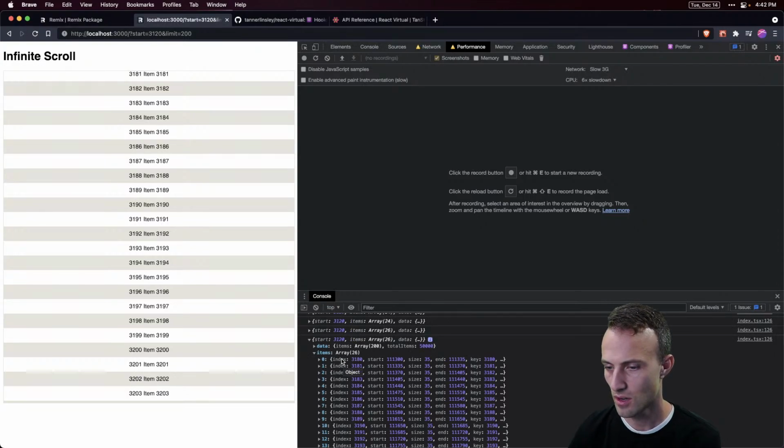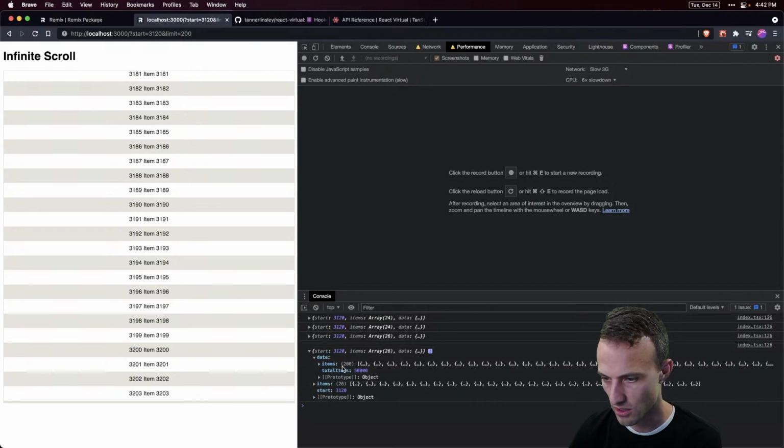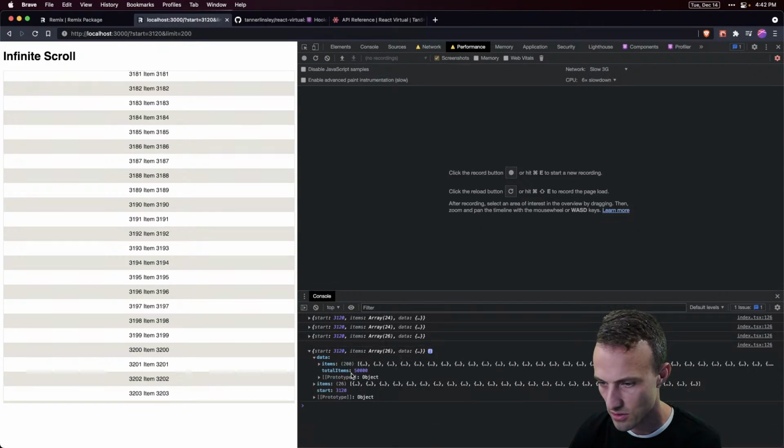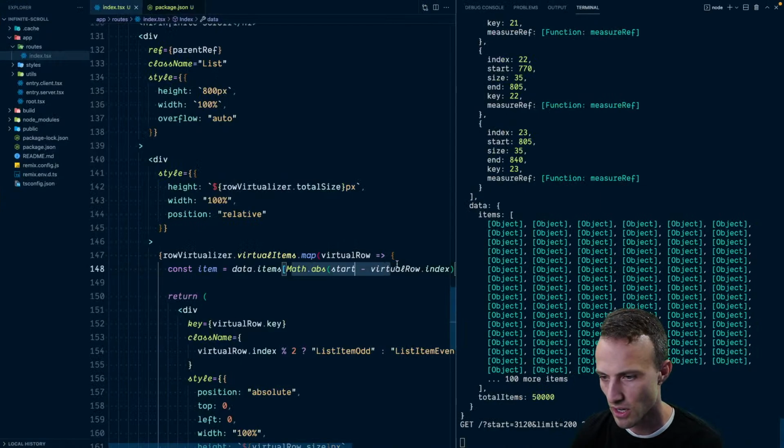Huh. Oh, right. That's our items. I'm looking at our data. Okay, got our ID. Yeah, so these are all index 0. So this math absolute value for start and virtual minus virtual row index is going to give us